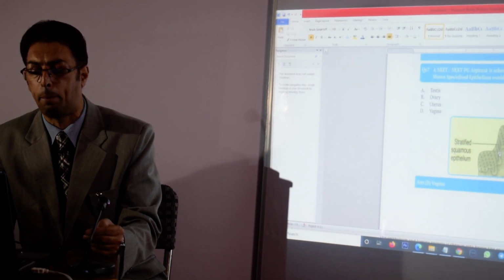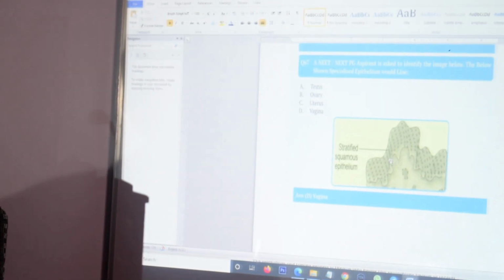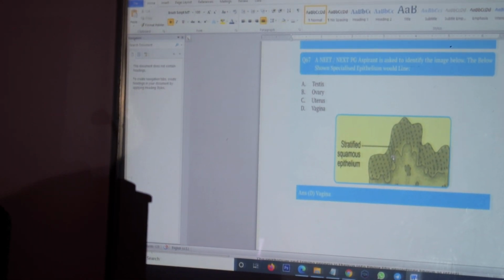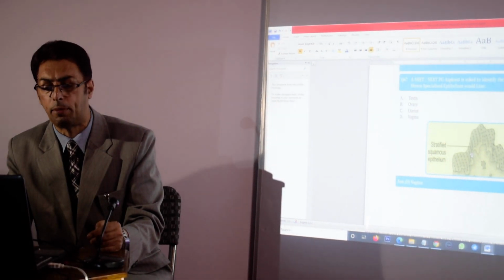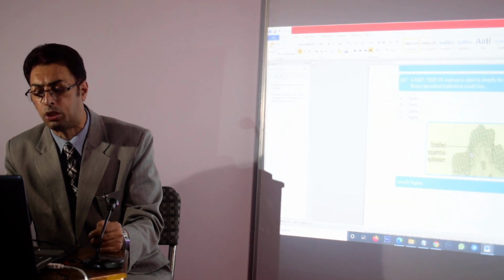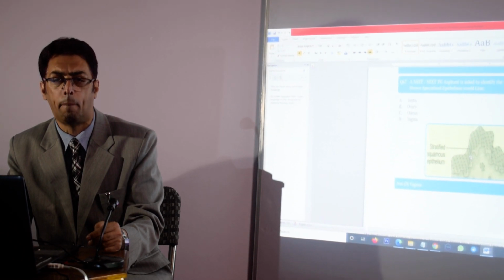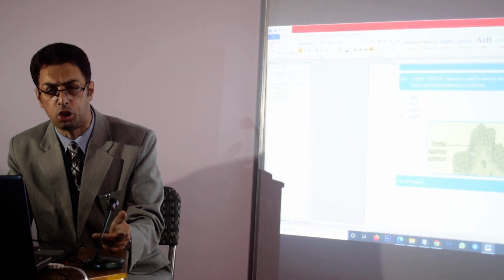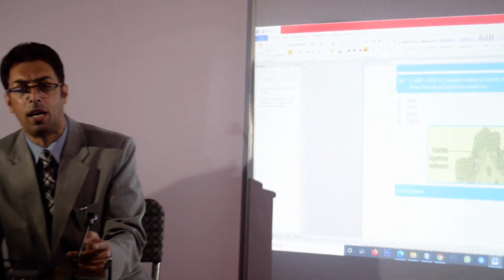So over here the best answer is the vagina. We know that the vagina is lined by stratified squamous epithelium. In testes we have got the seminiferous tubules. In ovaries we have got the germinal epithelium, which is not a stratified squamous epithelium. The uterus is not lined by stratified squamous epithelium. The slide of the uterus would be representing much of the tissue, muscle bundles in various directions. So over here the disposition of the stratified squamous epithelium from our knowledge of histology would be best represented by